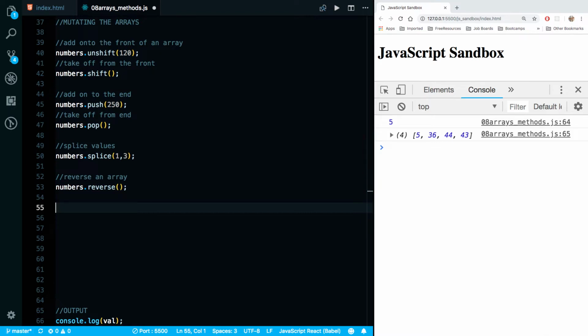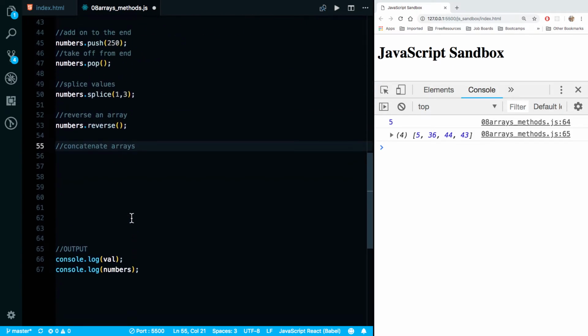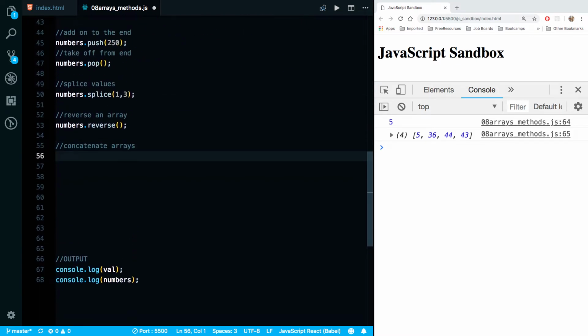Then what we can do is actually even concatenate arrays. So we'll concatenate the current one that we have with numbers to the one we created, the new array, using the array constructor. So we'll just concatenate it with that. So let's see, what would I do? Val. So what we want to do is add that one onto this. So this is numbers,